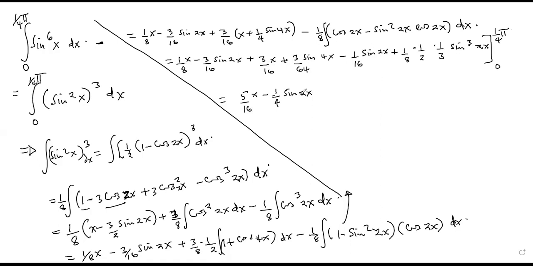So this is going to be minus a quarter sine 2x plus 3 over 64 sine 4x, then plus 1 over 48 sine cubed 2x from 0 to a quarter pi. So this is going to be